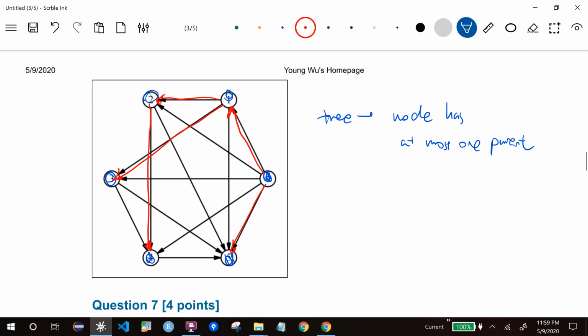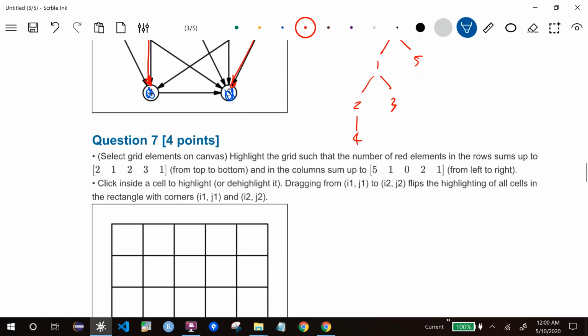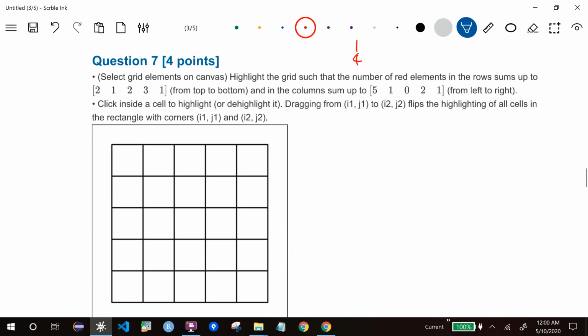So if you actually draw this as a tree, then this is 0 and 0 pointing to the children, which is 1 and 5, 1 pointing to the children, which is 2 and 3, and 2 points to 4. So it's a tree like this. And the next question is related to the drawing probability stuff, but it's not obvious what's going on here. So I'm using this just for a fun exercise